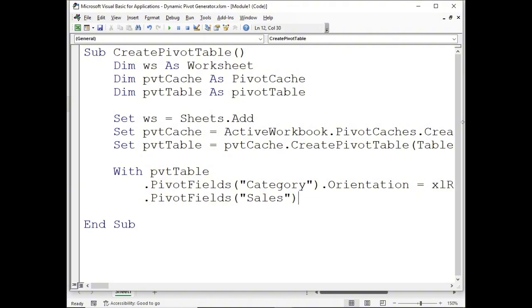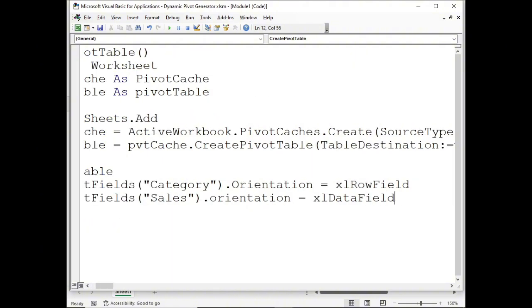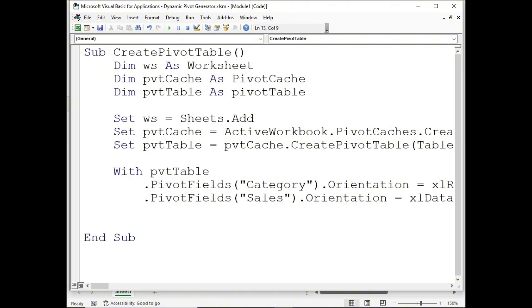Then dot Orientation equals xlDataField, because that's where we're going to put our data. And then I'm gonna end with